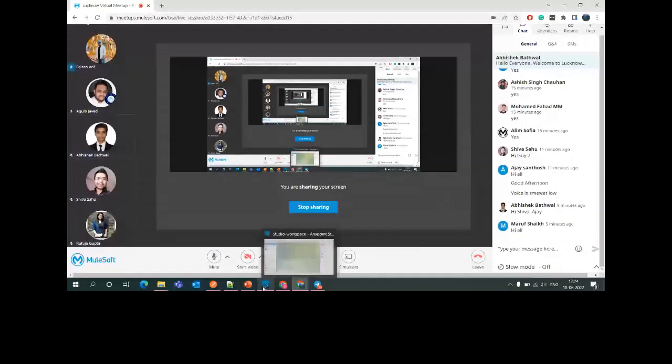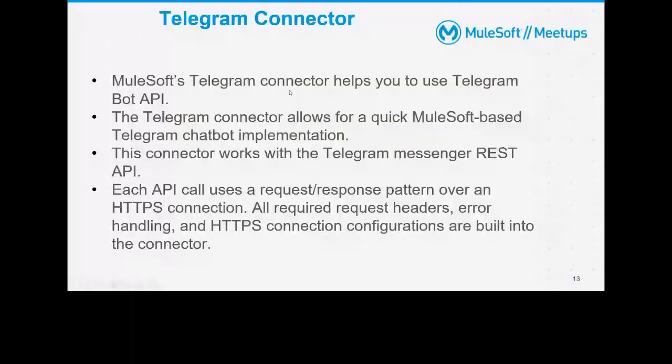So we have seen this. Now let us talk about the Telegram connector. Telegram connector is basically a MuleSoft connector that helps us to use the Telegram bot API. The Telegram connector allows for a quick MuleSoft-based Telegram chatbot implementation. This connector works with the Telegram Messenger REST API